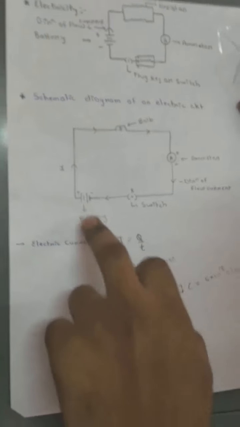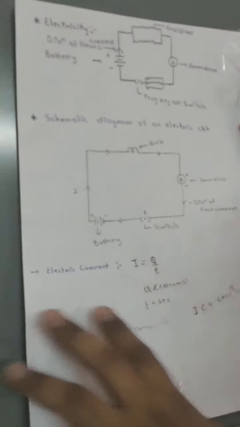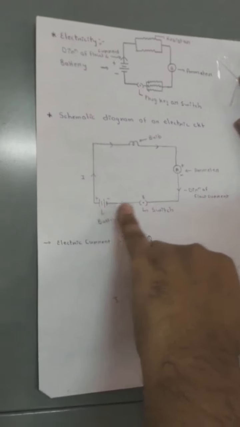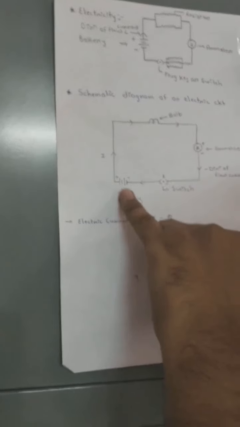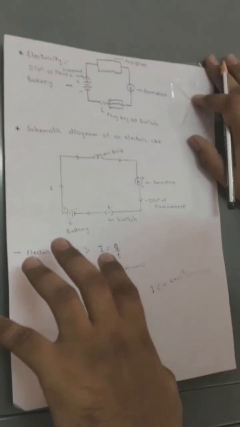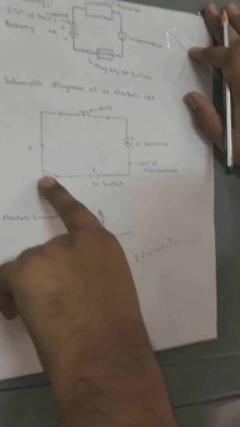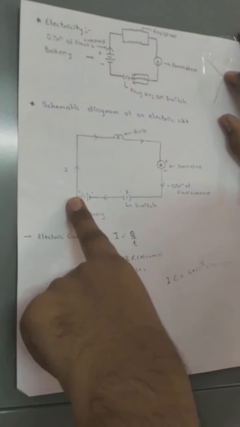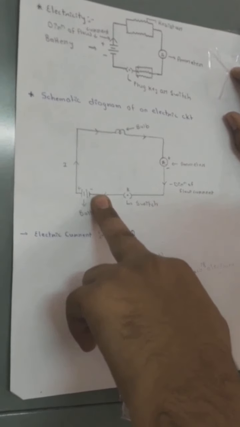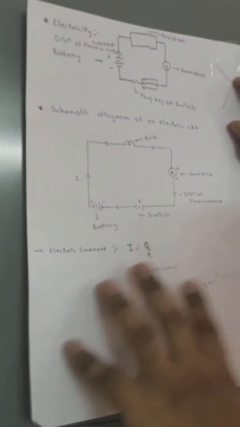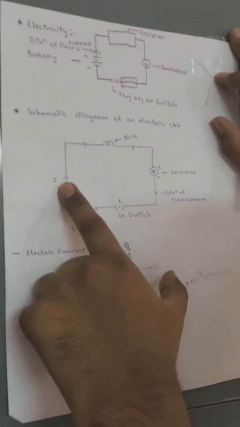of the battery. Of course, we know that there is no movement of proton. There is a movement of electron from the negative terminal of a battery towards the positive terminal of the battery. But at the time of discovery, we didn't know about the electron. So conventionally, right now, we believe that current will flow from the positive terminal of the battery towards the negative terminal of the battery. That is opposite to the movement of the electron. So this is the direction of the electron.